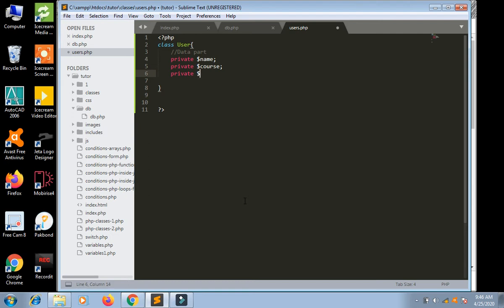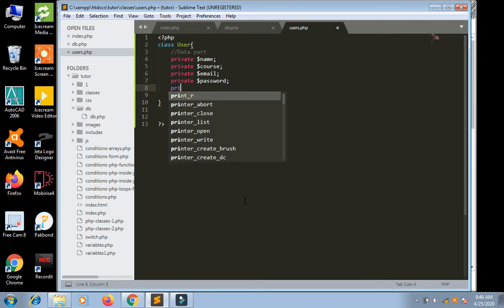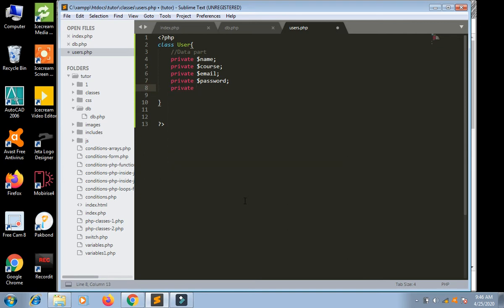Dollar email, and private dollar password, and private dollar date inserted. Date of the record.